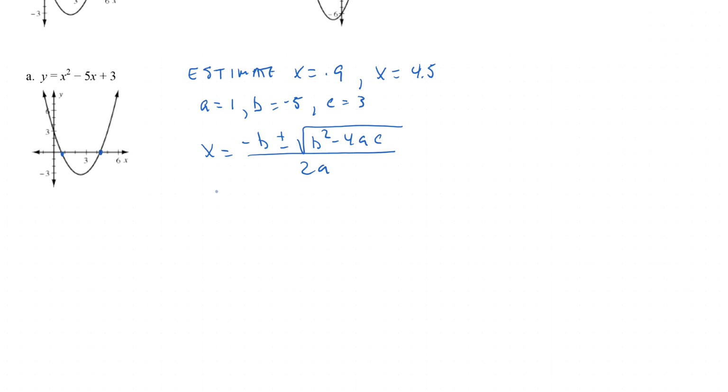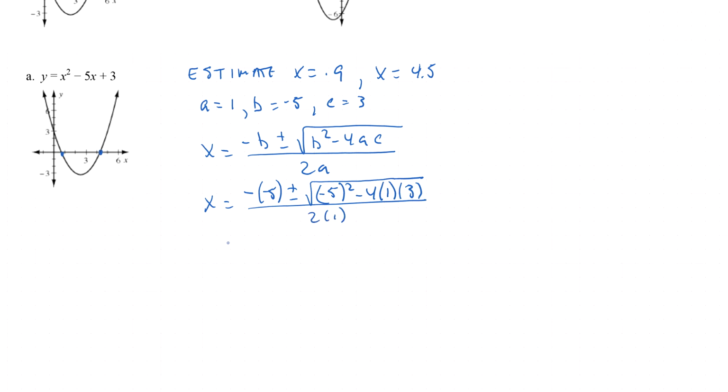So then we want to fill in what we know. So that's going to be -5 plus or minus the square root of -5 squared minus 4 times 1 times 3, all divided by 2